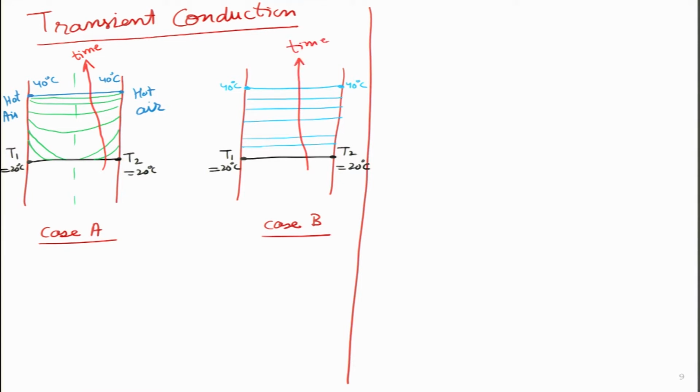If I pause over here and ask a question to the students: what are the circumstances which are leading to this difference between case A and case B? It's a very interesting question, and if we think about it, what is so special about case B? Wall B seems to have a unique characteristic, that the temperature is always uniform. Temperature is changing with time, of course, but at any given time in the spatial domain, the temperature is not a function of x or y or z.